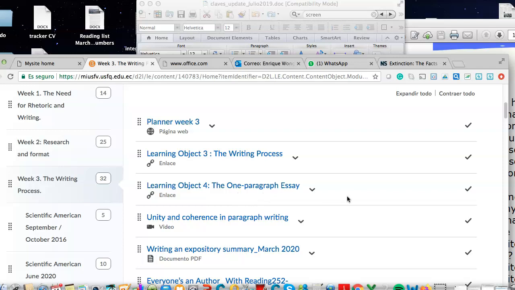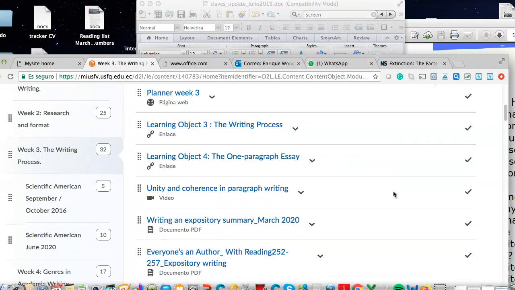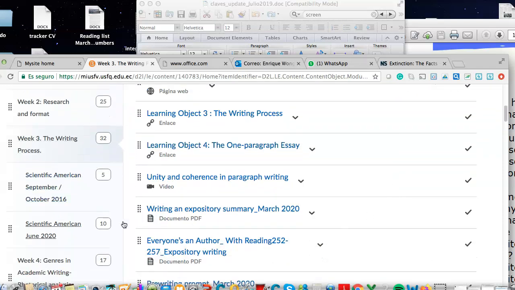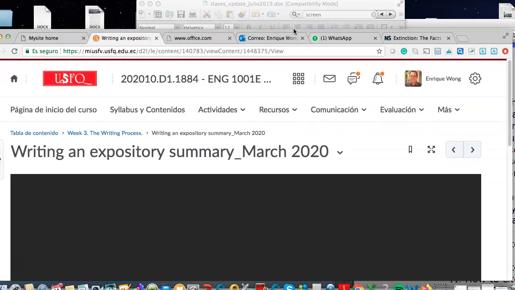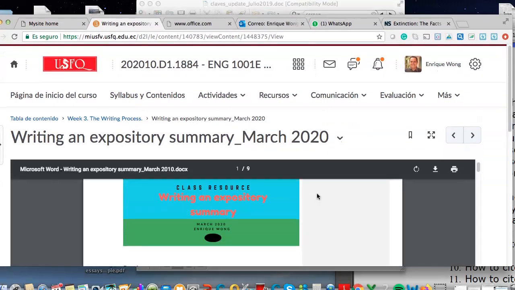It's important that you study this learning object, the one paragraph essay, because it shows what a one paragraph essay is. And then there is this resource over here, Writing an Expository Summary, March 2020, which is a very detailed resource showing you the type of summary that you are expected to write. And here you have